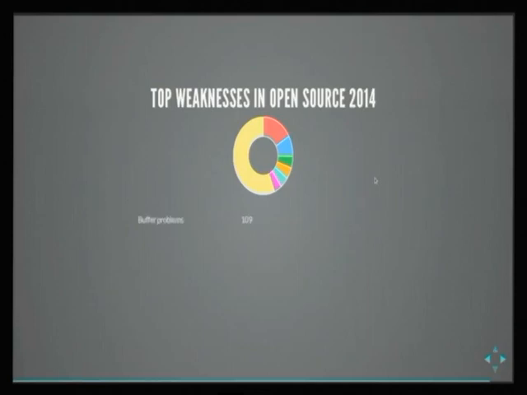It's buffer overflow or buffer problems, whether it be overrun or read or write or stack or heap. The second one is more surprising. It's cross-site scripting. And then general input validation, insecure temporary file. Denial of service is pretty high too.